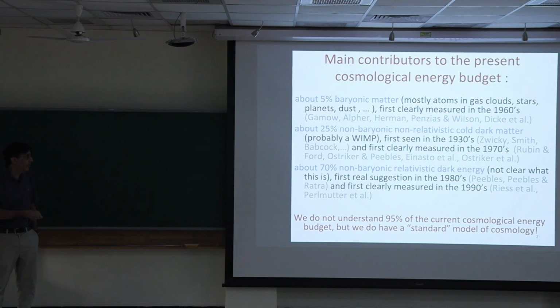And even more recently, people have discovered something stranger that makes up the biggest part of the energy budget. It's also not made up of atoms and molecules, but if it's made up of particles, these particles are very, very light, and they're moving at speeds close to the speed of light, and it's been called dark energy. And this is energy, just to distinguish it from matter. This is not energy in the sense of kinetic or mechanical energy.